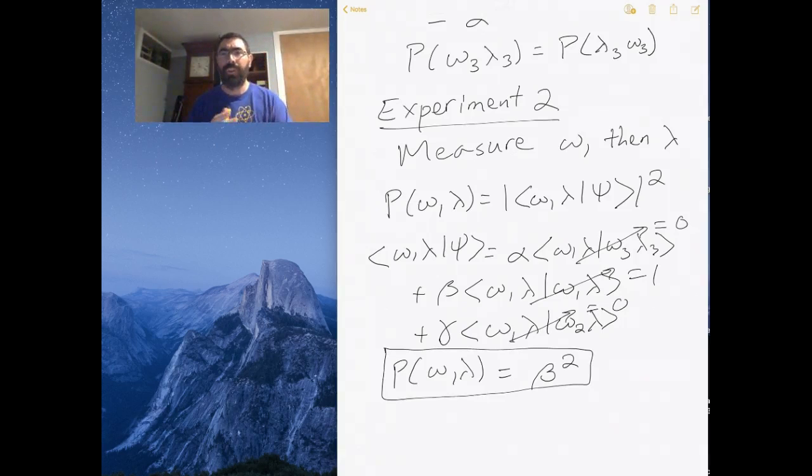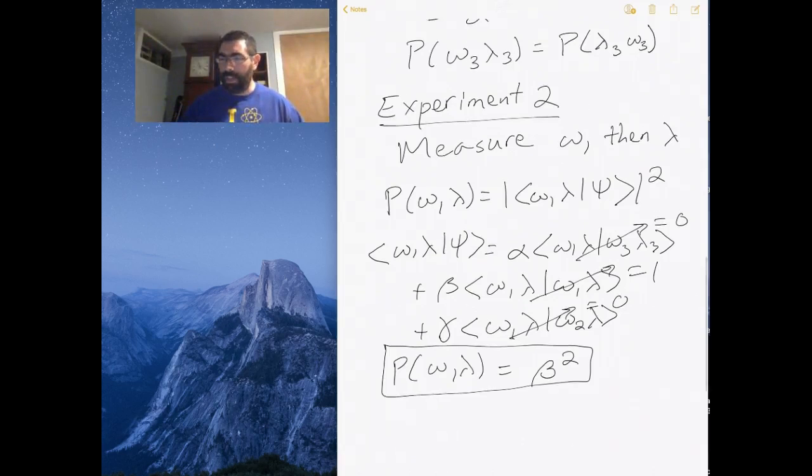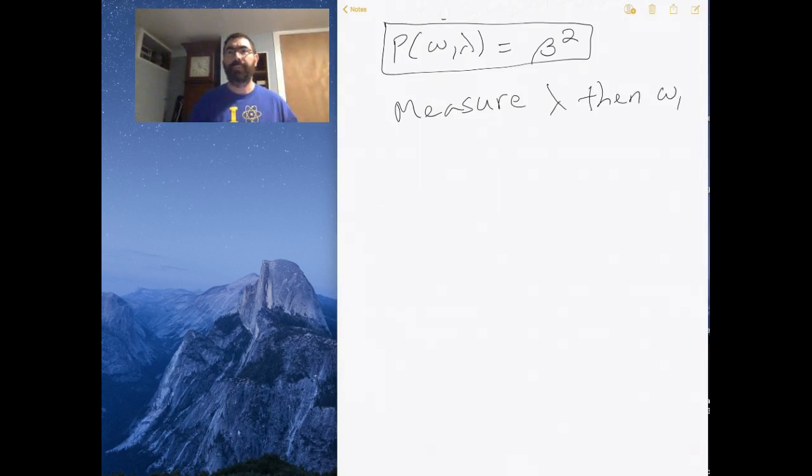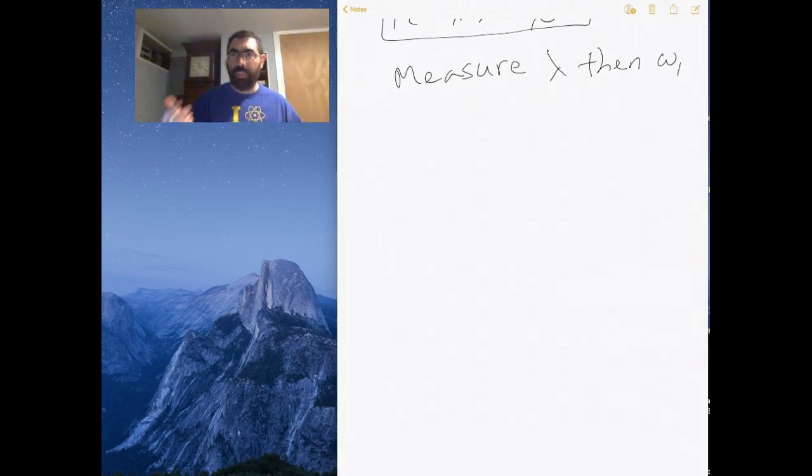Okay, it's pretty simple. We first selected omega 1, which eliminates the other two products, and from there we just operate and get lambda, and we get the answer of beta. But now, what if we measure lambda first, then we measure omega 1? So if we do that, basically, if we operate here with